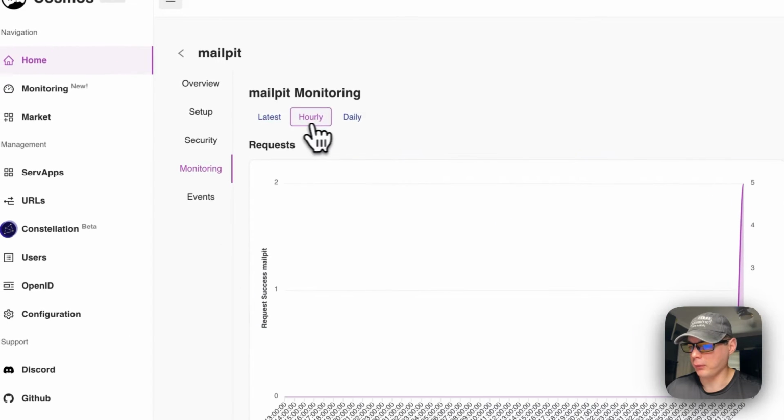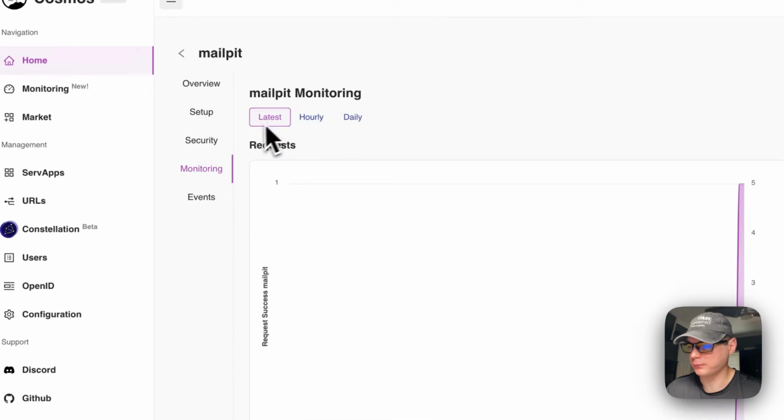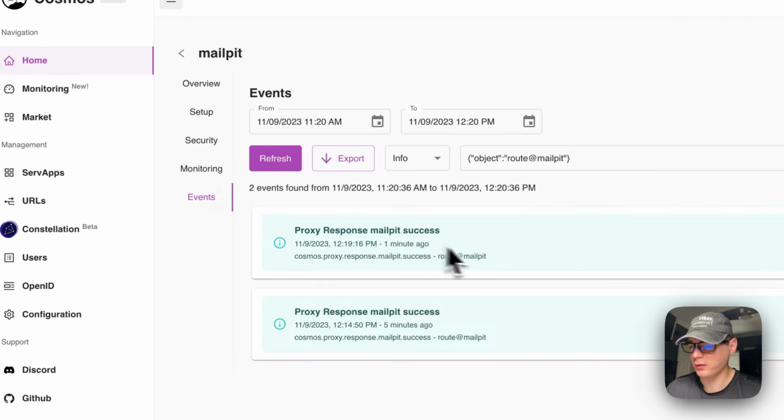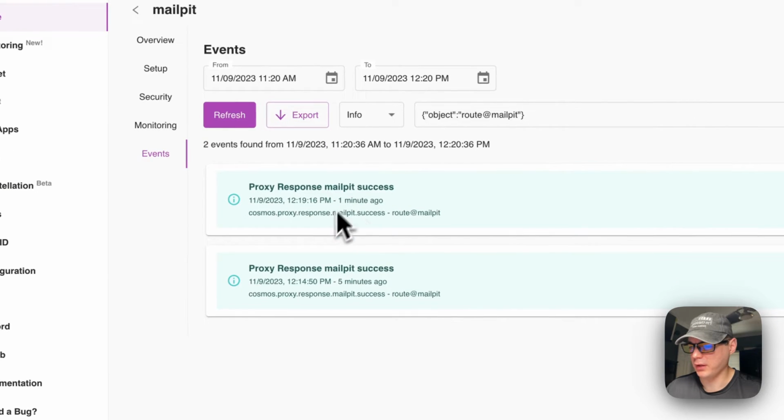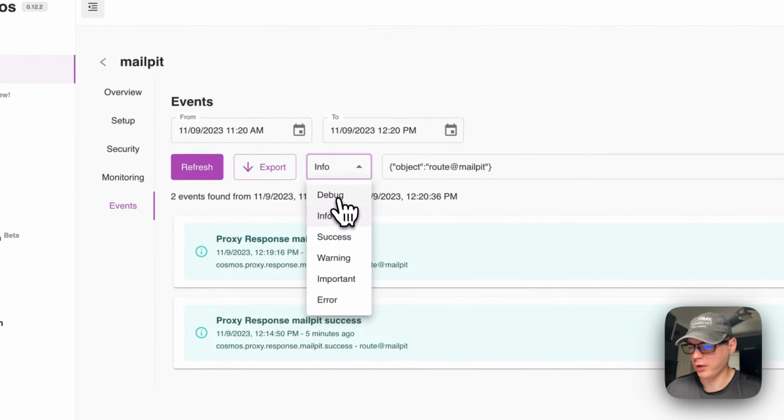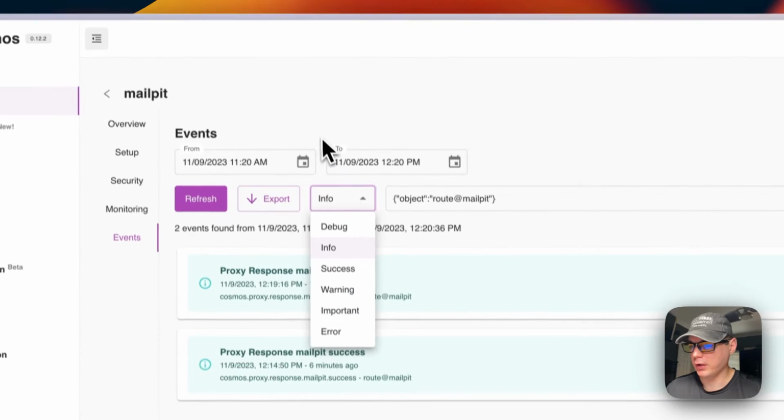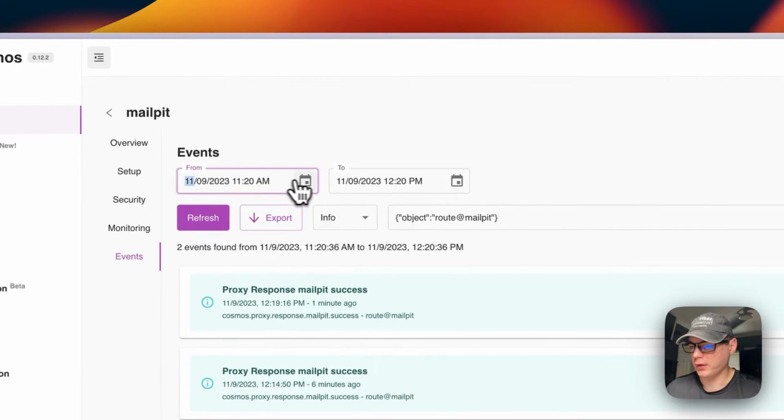So you can see hourly and daily and the latest. You can see events of what the proxy has done. So proxy response, Mailpit success. So you can export this. You can change the debug, info, success, warning, important, and error. You can change the event